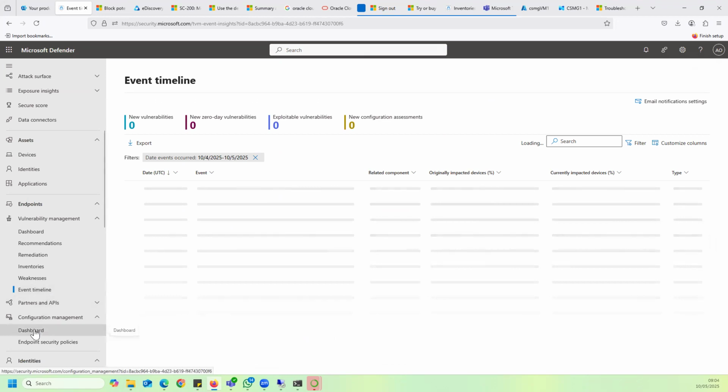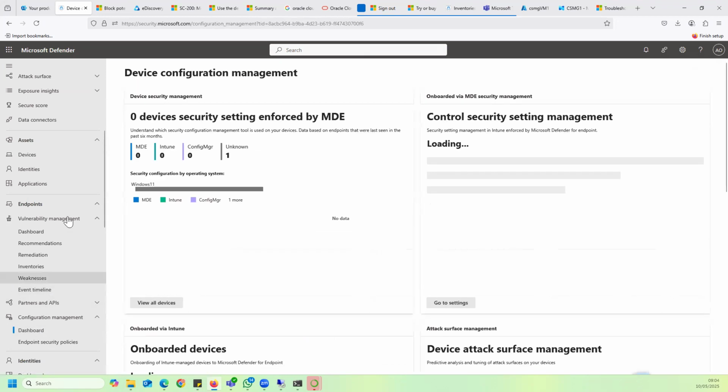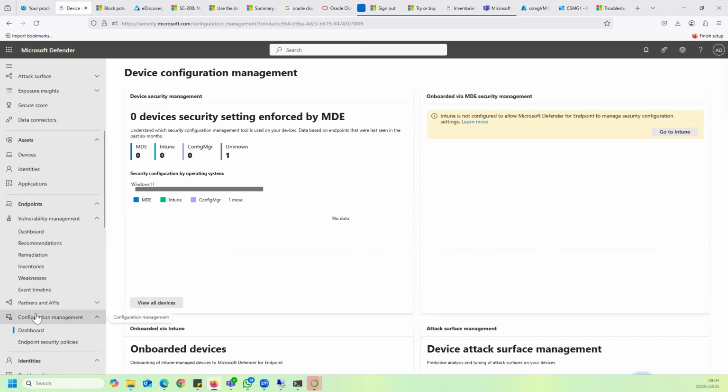So in terms of configuration, I did mention that Endpoint Manager can also be used to enforce configuration settings in your organization. So if you have different tools in your organization,